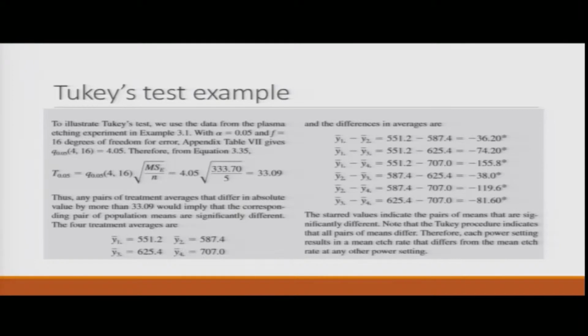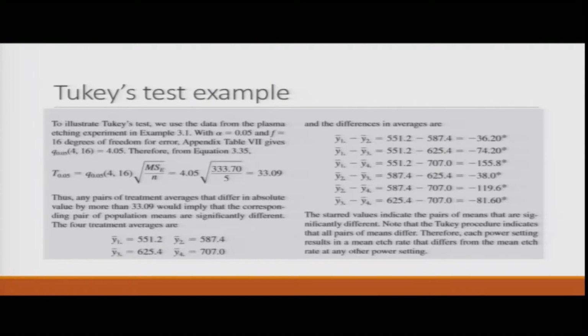Thus any pairs of treatment averages that differ in absolute value by more than 33.1, or 33.09, whatever it is, would imply that the corresponding pair of population means are significantly different. So what we have is that 4 treatment values are given. When we find the differences, the differences in the averages are given as